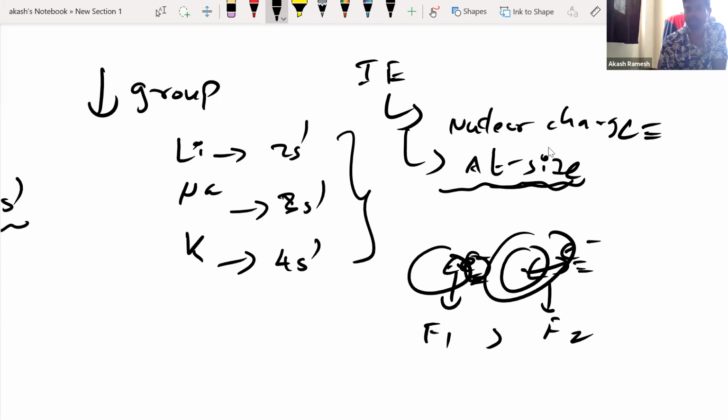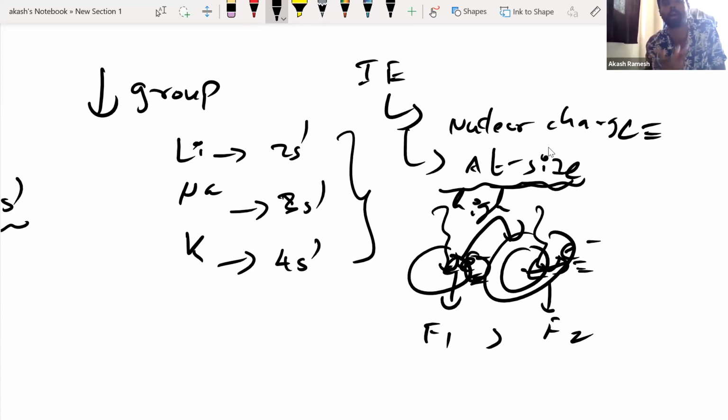So obviously, if I have to take this electron out, the amount of energy spent is very high. But in this case, if I have to remove the electron, since the electron is not that tightly bound, which is the exact word I can use, the energy supplied is less. It is very easy for us to remove the electron. Easy in the sense of energy: with lesser energy itself, the electron will come out. So in this case, I can easily supply lower energy and take the electron out.